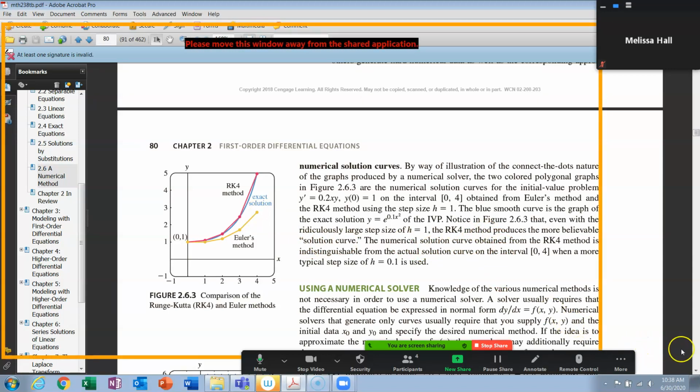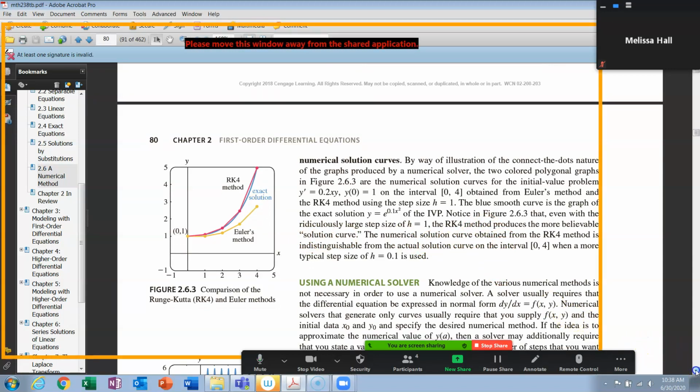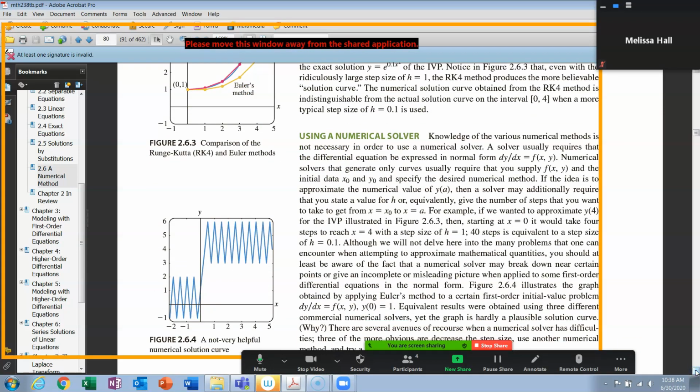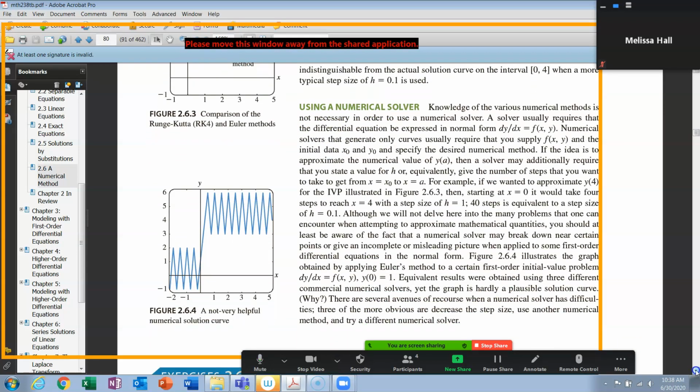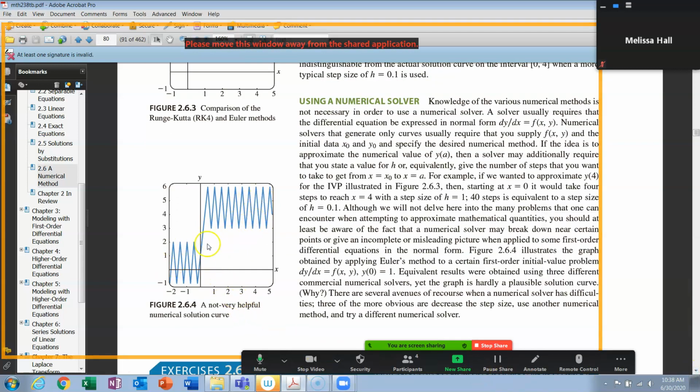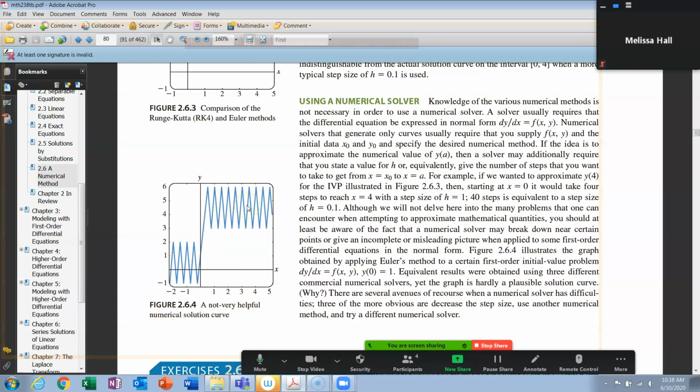Then they go back to using a numerical solver. And basically what you're doing, and this is their warning, sometimes using those, you'll get wacko things like this. Obviously, that's not the function you're looking for. That is a problem when you're doing step sizes. If you happen to get one that